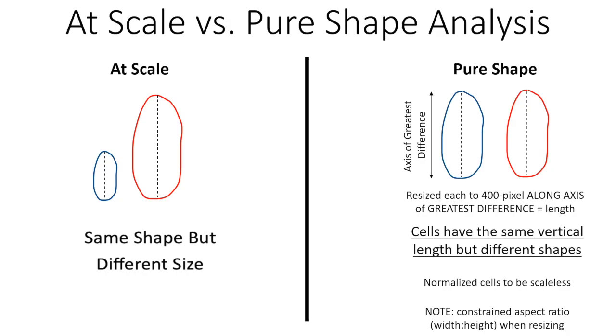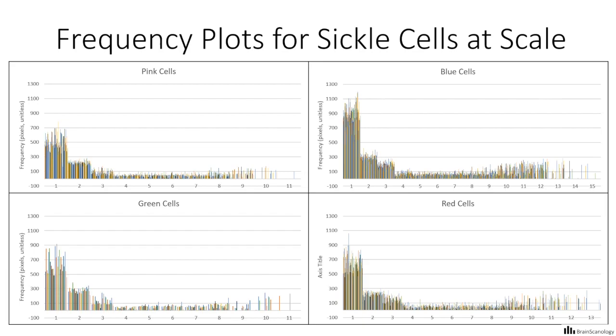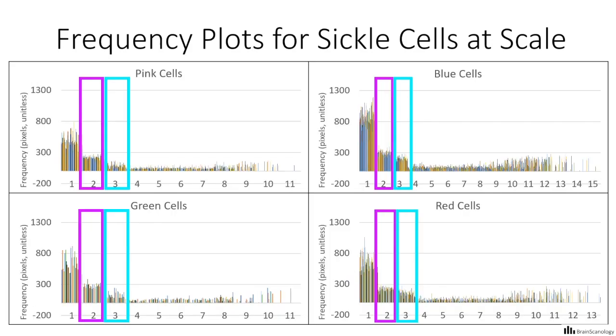In this video, we will be analyzing both sickle cells at scale and the pure shapes of sickle cells. Sickle cells at scale had both different sizes and different shapes. These were the frequency plots created using Genie on sickle cells at scale for each of the 4 sickle cell shape subtypes. Comparing these 4 plots, the height of bin 3 relative to bin 2